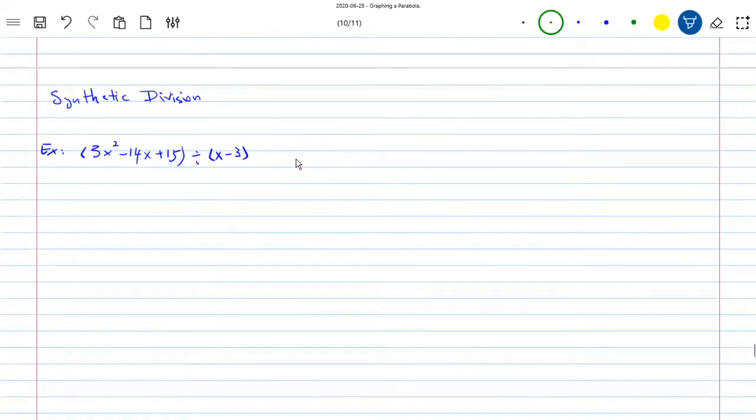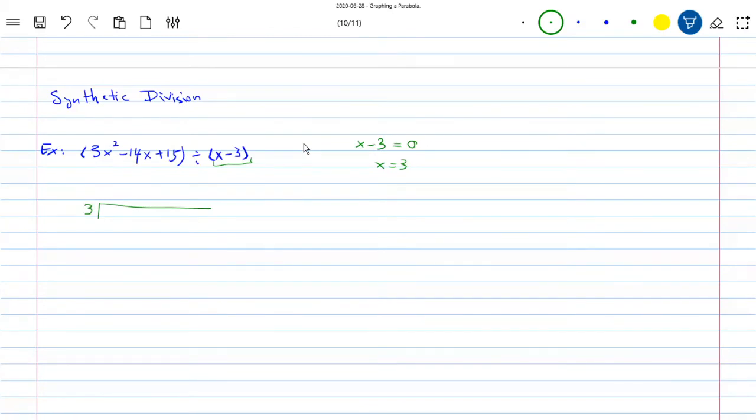Oh, there is the other way of dividing polynomials. Normally it's used only in the case when you divide by a linear polynomial, x minus 3 in this case. And it's just the same as the long division. There is a process to calculate. Sometimes this synthetic division is faster. I'm just going to give you the structure of how to do it. If you're given a polynomial divided by x minus 3, and you set it equal to 0, what you get as a solution is 3. Okay, so synthetic division,